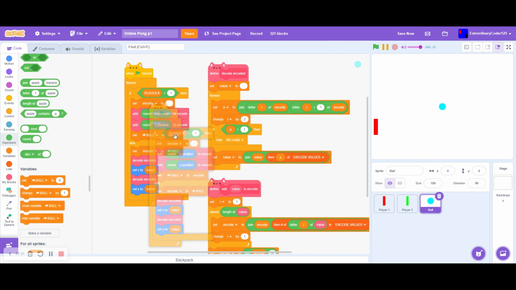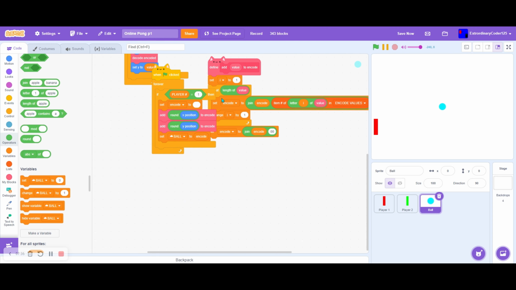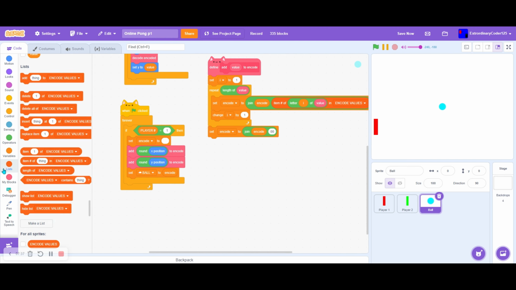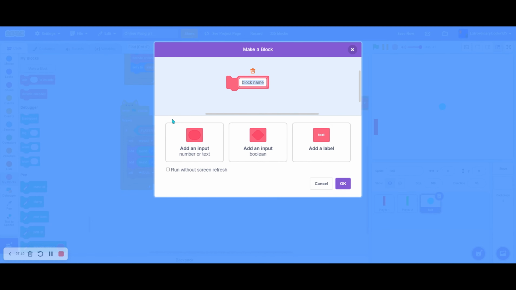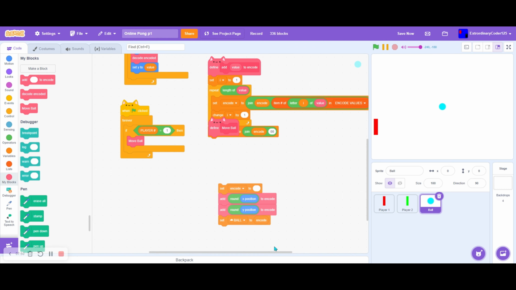So now let's duplicate the green flag click code, and instead let's just do a regular if, and if player number is equal to 1. Let's make a new custom block for this called move ball without screen refresh. So let's add the move ball code here. So move ball,